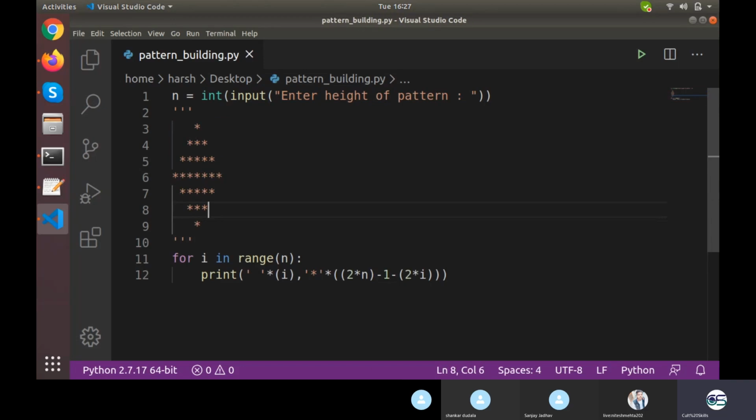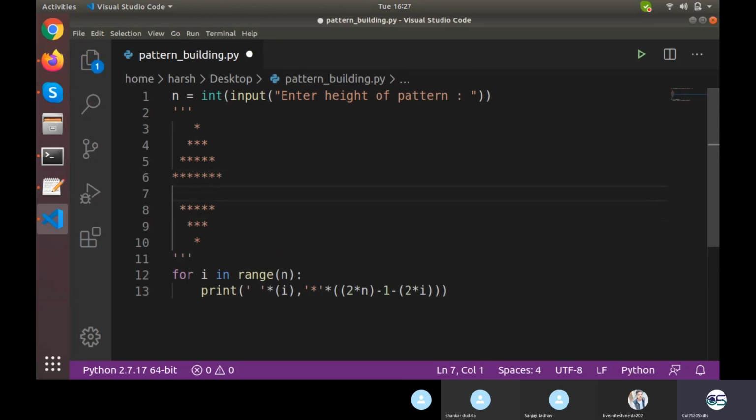This is what we need to make. For that, I want to divide this entire pattern into two parts, something above and something below. So right here, there is a gap. Above that is one pattern, below that is another pattern. Height would be 7 for this case.